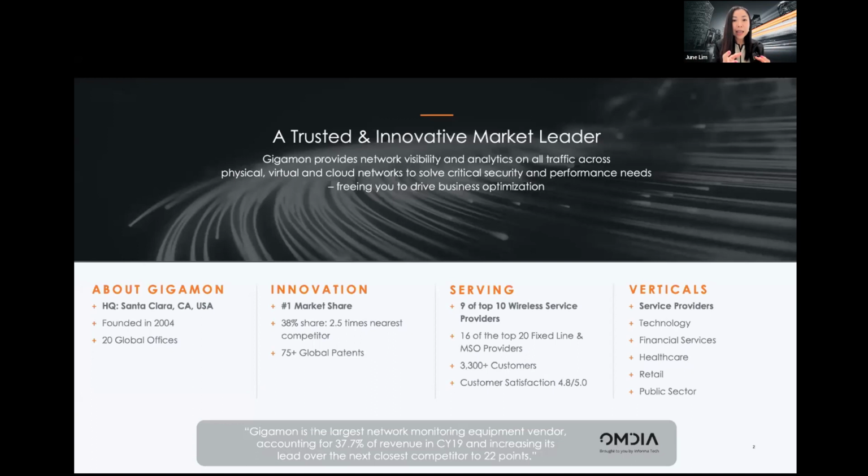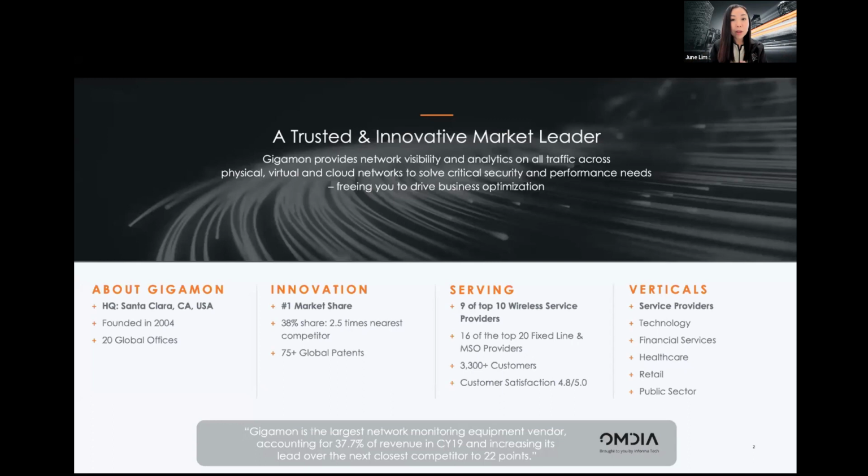Okay, so all this makes up what we call blind spots of your network, as well as things like encrypted traffic. When your traffic is encrypted and you send it to your security or network monitoring, basically you can't really see into all this encrypted traffic. Another area of big blind spots.